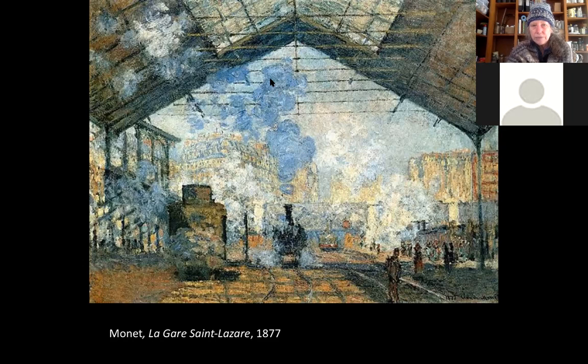There's light coming in from overhead from the glass windows in the roof. The steam is sort of obscuring these metal crossbars here. I guess they're just structural members of the shed. But so it's all about a particular time of day, a particular event, that is when this train's coming in, and what it actually looks like, the actual colors that are falling on your retina, regardless of what they represent.